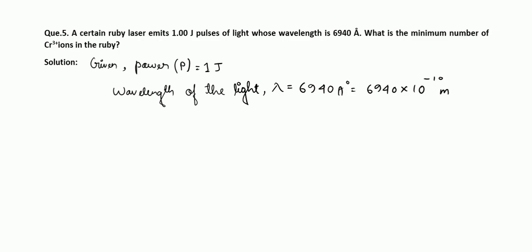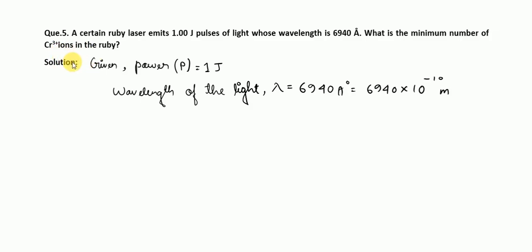Right. Now we know that the power of the light pulse can be determined by the energy wavelength relationship. But how do lasers work at the atomic level? Well, in a ruby laser, the Cr3+ ions, or the chromium 3 plus ions, get excited to a higher energy state. So when they drop back down, they release energy in the form of photons, or light particles, creating our laser pulse. So to figure out the minimum number of Cr3+ ions involved, we will just use the